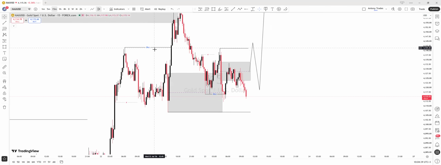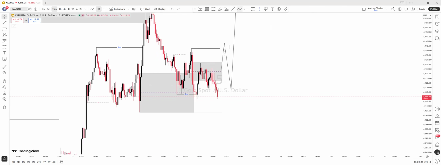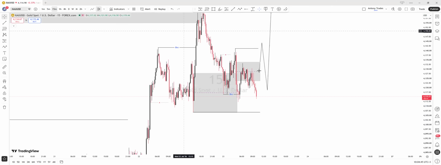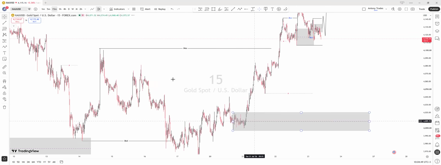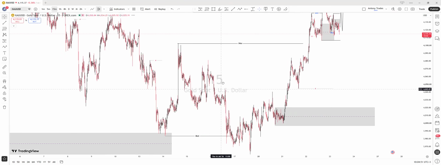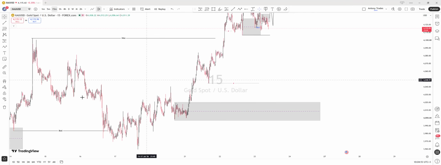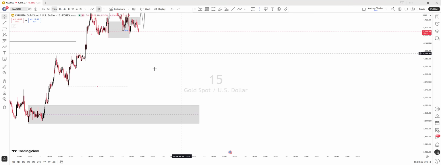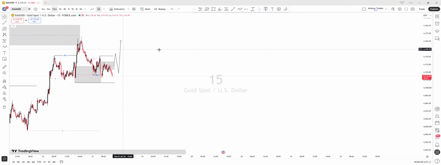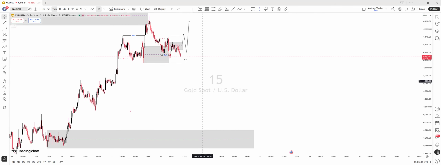Because this was our last break of structure. If we break this low, then we will have a 15 minutes change of character. That is our confirmation that the pullback of this 4-hour swing, or this 4-hour structure around this area, has begun. So what will I be doing? I will be looking for counter trends to capitalize on these sales